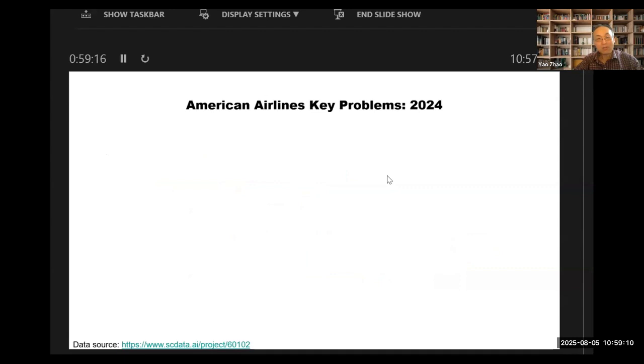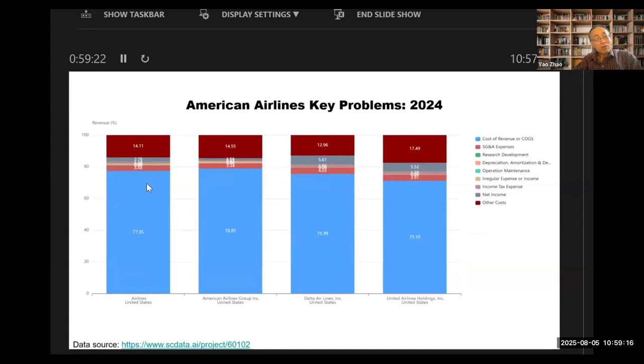Now let's look at American Airlines' key problems in 2024. So we have a revenue breakdown. We break down the revenue by their cost of goods sold, by their SG&A, and so on and so forth. We can find the first observation: the airline industry, at least for the US, and I think it's the same for other countries as well, is a very tough business. You look at this, the cost of goods sold accounts for 77% of the revenue on average for the entire industry. And if you look at net income, that's our profit,